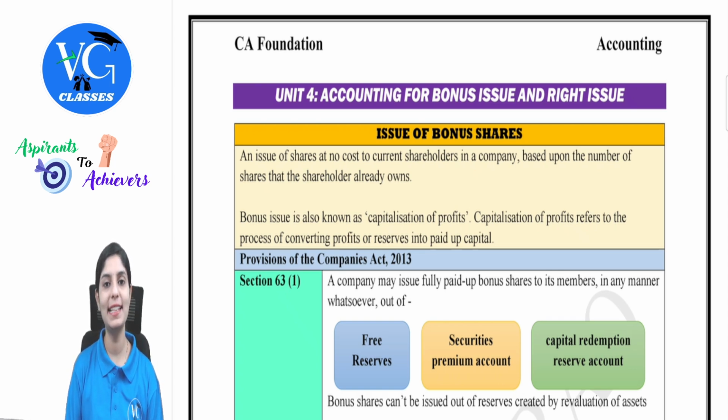So in this video, let's revise Unit 4 of your Chapter 11 Company Accounts, that is Accounting for Bonus and Right Issue. From the exam point of view, this is a small unit but definitely has the potential to be asked for good marks as a question, guys. So in the recent attempts, we have also seen questions being tested from this unit combining with other concepts as well. So let's give our best in understanding this with concepts, and then a good set of questions are also there for your practice. So let's begin.